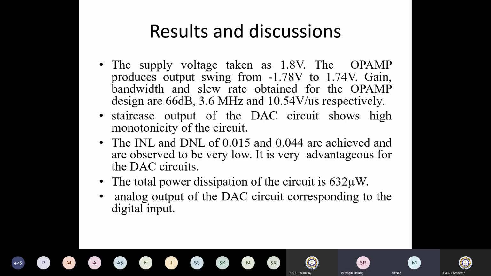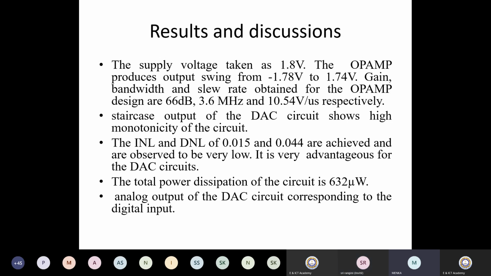Our job is to get the swing from minus VDD to plus VDD, because the op-amp has two supplies: one positive VCC or VDD and one negative VCC or VDD, both the same in magnitude but opposite in polarity. Our job is to tune it in such a way that we get the full swing. To get full swing, you may tune the current biasing, or tune the differential amplifier. You may increase the number of stages: instead of 3 stages, you may use 4 stages, where the gain gets multiplied. This is how you prepare.